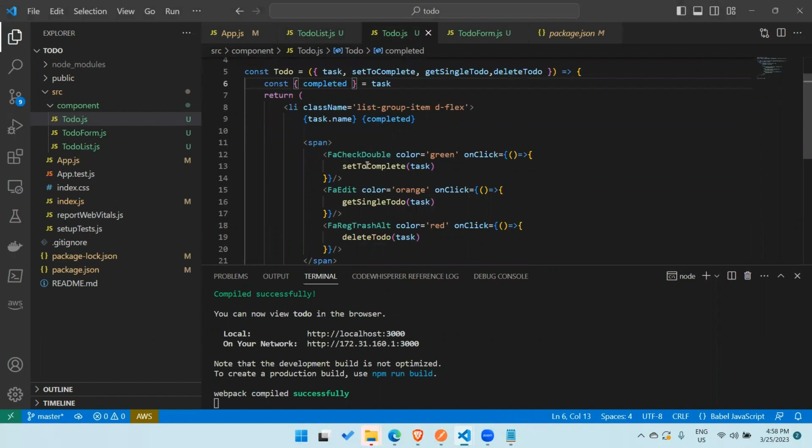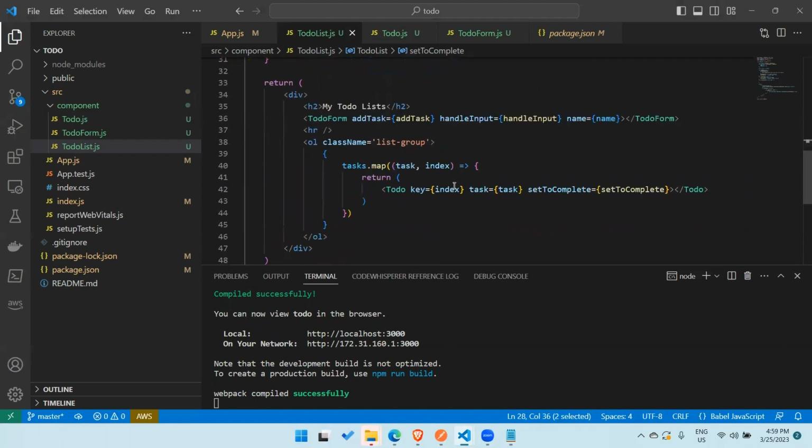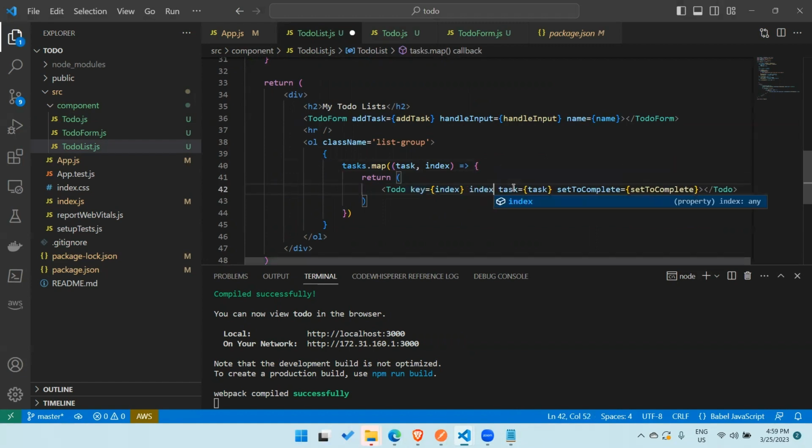So whenever we click this check button, instead of task, we'll actually pass in the index. This index will come from here as props. That means we need to send that index from here as well. Key index, we need to send this index as props as well. So index,